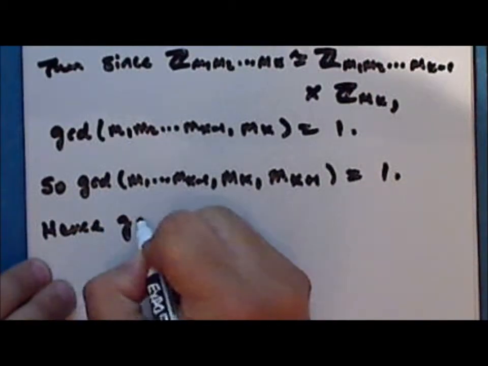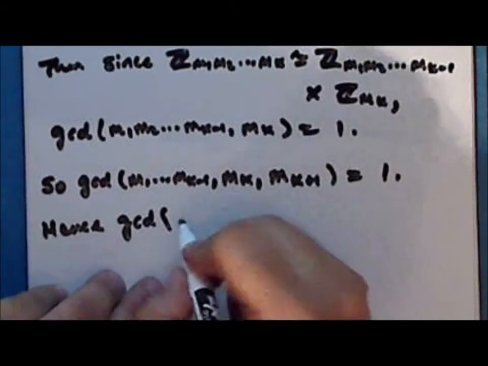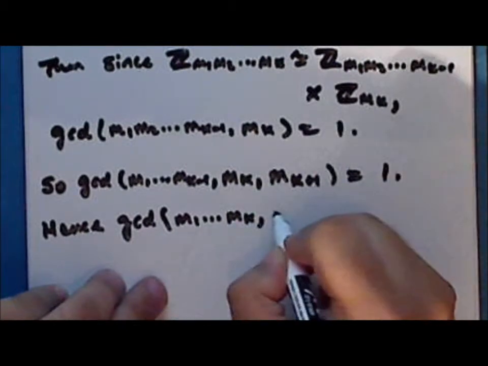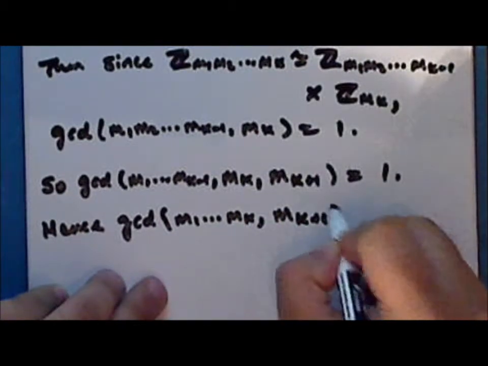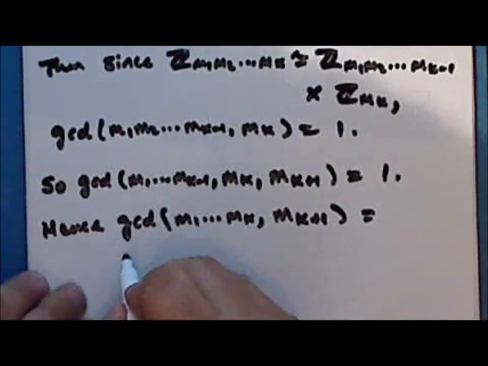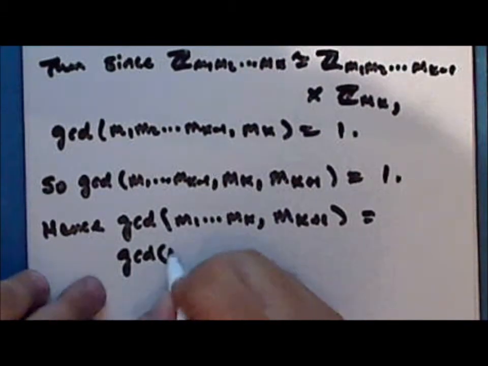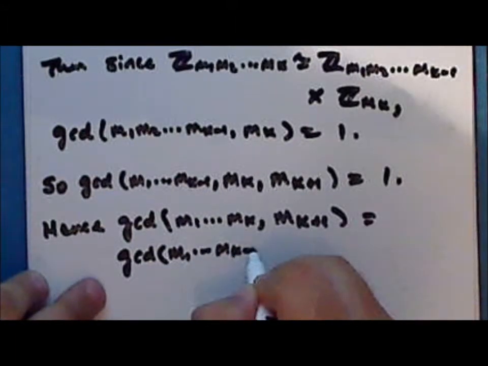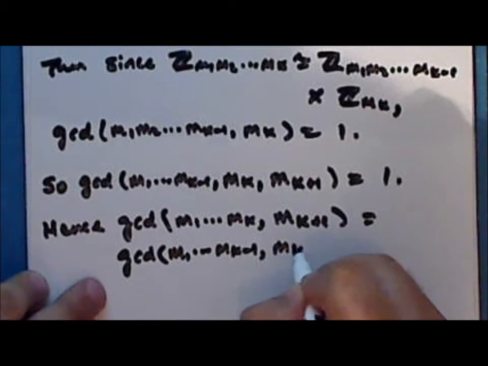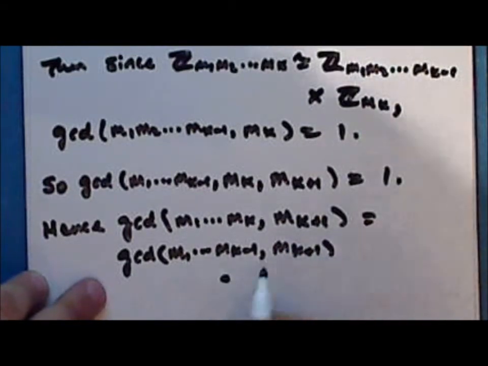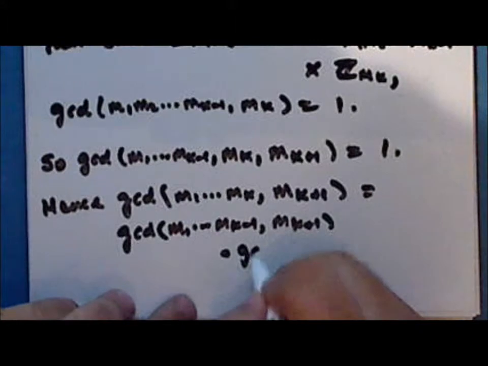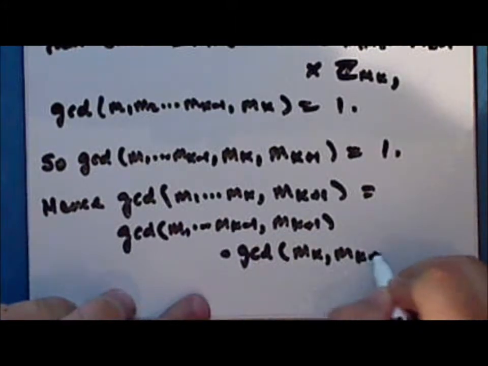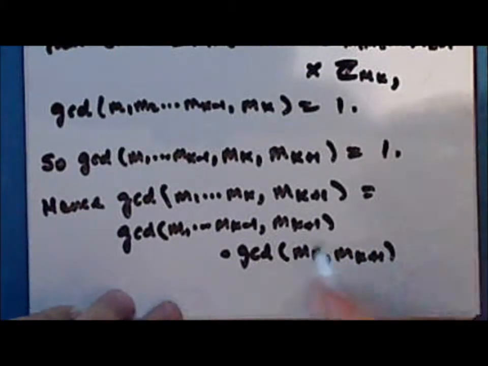And hence the greatest common divisor of the product m sub 1 through m sub k and m sub k plus 1 is equal to the product of the greatest common divisor of the product m sub 1 through m sub k minus 1 and m sub k plus 1 times the greatest common divisor of m sub k and m sub k plus 1, where